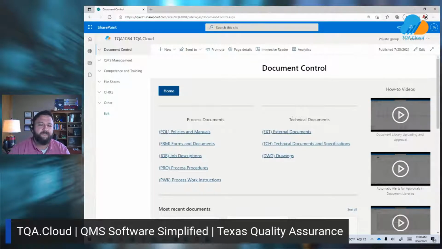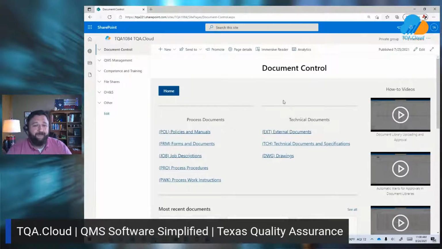Our technical documents, on the other hand, are typically restricted more to our engineering folks, some of more technical expertise, top management, and typically we find that this is where the secret sauce to your business is. This is the intellectual property. These are the things that we don't want to be shared out on a regular basis. So what we can do here is we can make sure that these are secured separately.